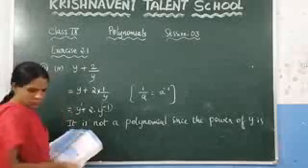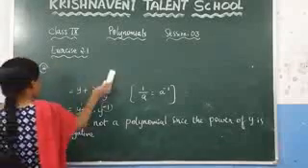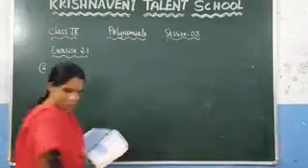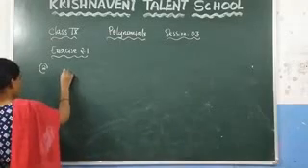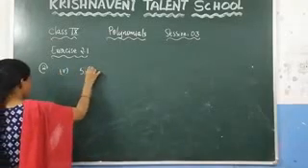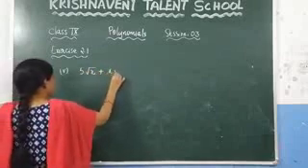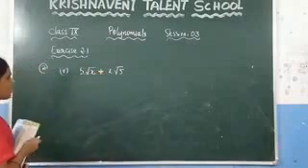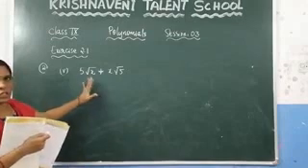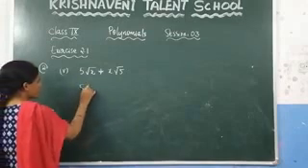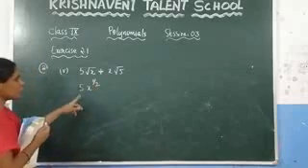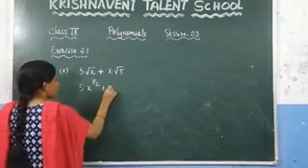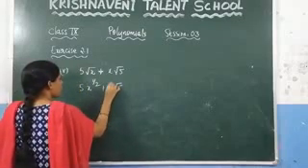Now, see the next question. In that fifth question, 5 root x plus x root 5. You need to check whether it is a polynomial or not. For that, first you need to check the power of the variable. Here, root x is given. You know that root x you can write as x power 1 by 2. Since we need to write in the form of powers, we have written root x as x power 1 by 2. Here, what is there? x into root 5.